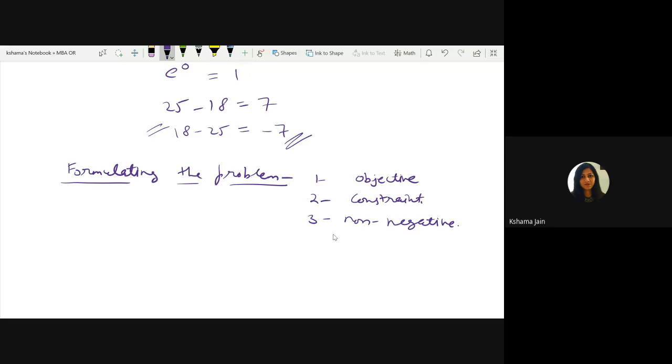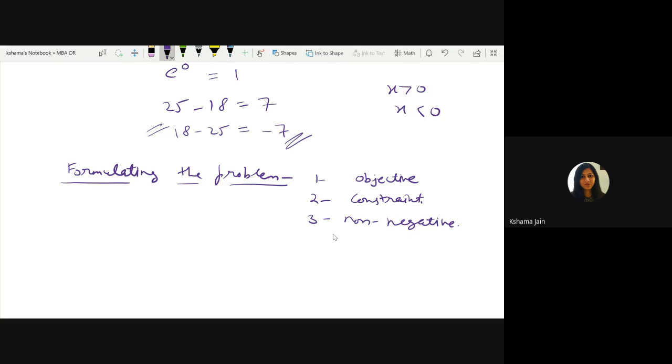If we say x is greater than 0, that means positive. If we say x is less than 0, that means negative, right? Time and money can't be negative. For example, if I ask whether I can manufacture in -5 hours, is it possible? -5 hours means I'm reducing the current time by 5 hours. No. So time is always positive. These are the three components we are going to use in formulating the problem.